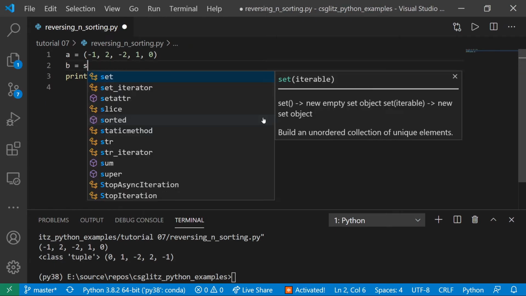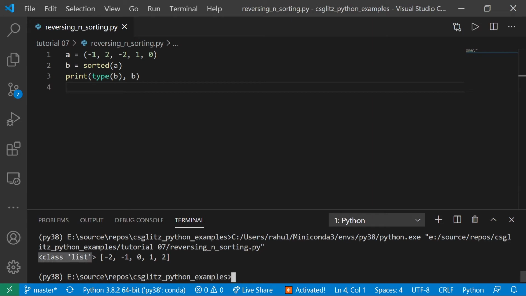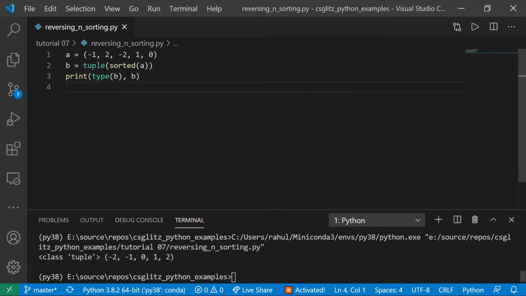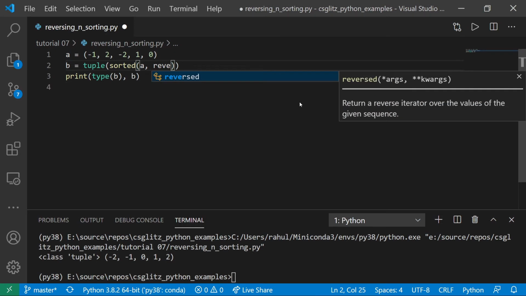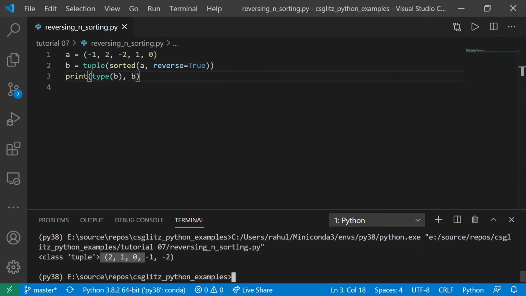To sort a tuple, we can use the inbuilt sorted method. It will sort any iterable and return the new values. In the last tutorial, we learned about sort method of the list. This function works similar to that.